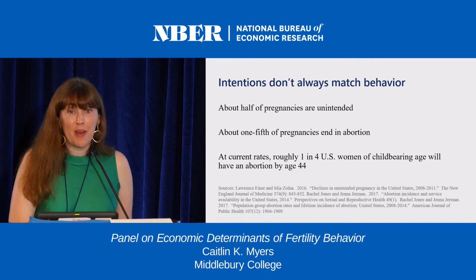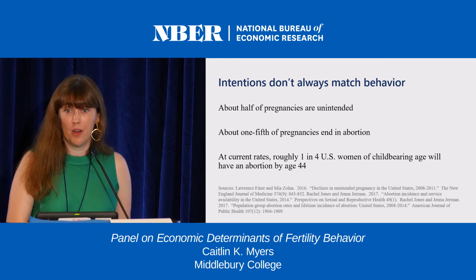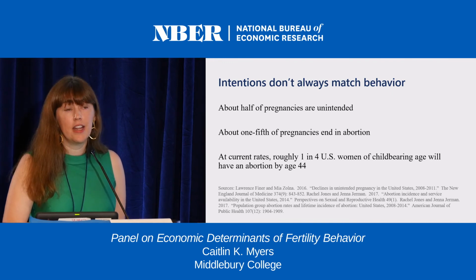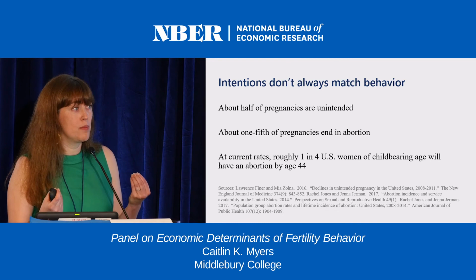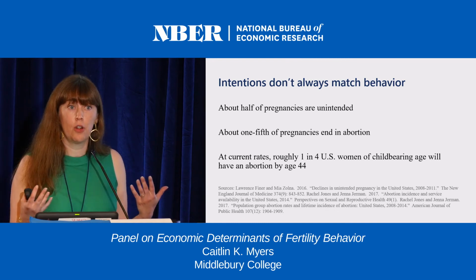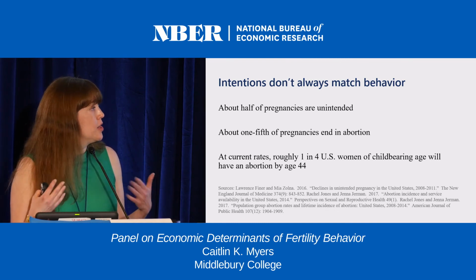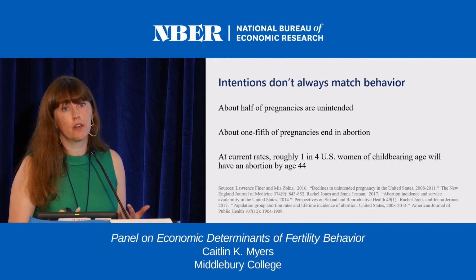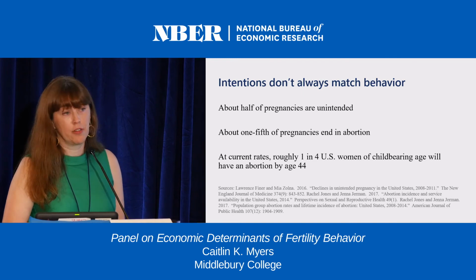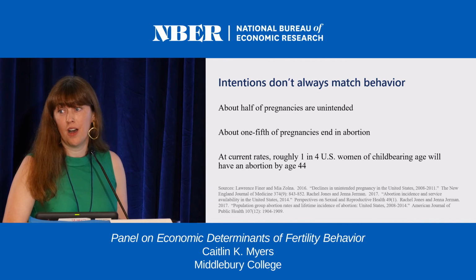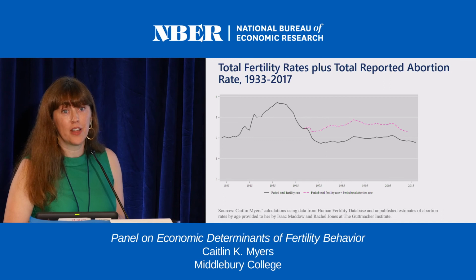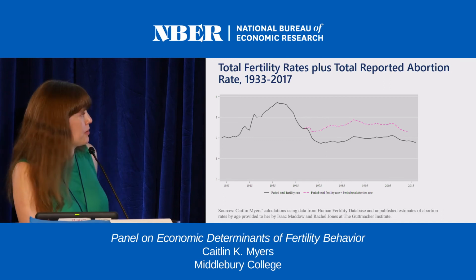It's also the case that about a fifth of pregnancies right now, it's falling, but about a fifth are aborted. And if you think of, in the same way that one might think of a total fertility rate, a total abortion rate as the number of abortions that you might see women obtain in their reproductive lifetimes at current rates, you'd expect that about a quarter of US women would obtain an abortion in their reproductive lifetime. It's worth thinking about abortion just because it's so common, and it is a major mechanism that women use to prevent unwanted and severely mistimed births.